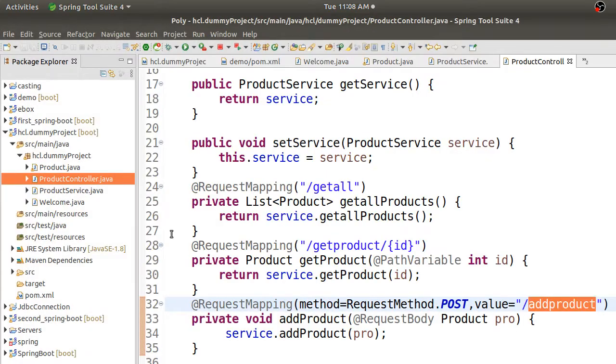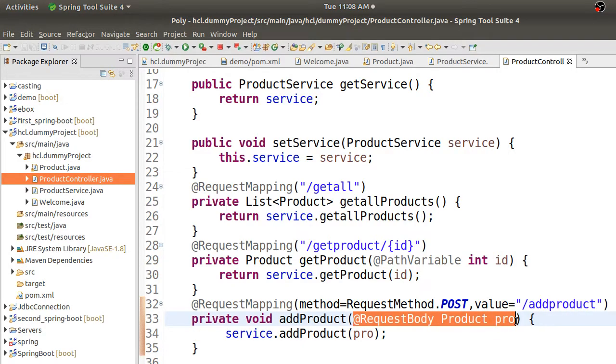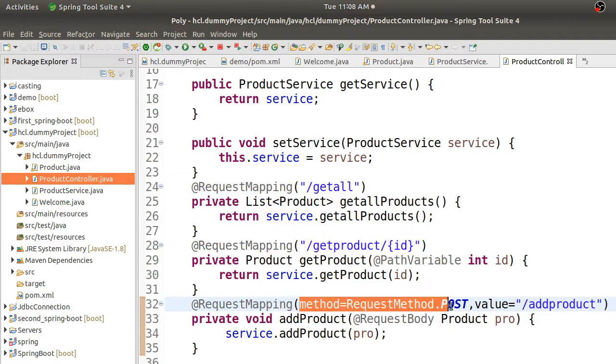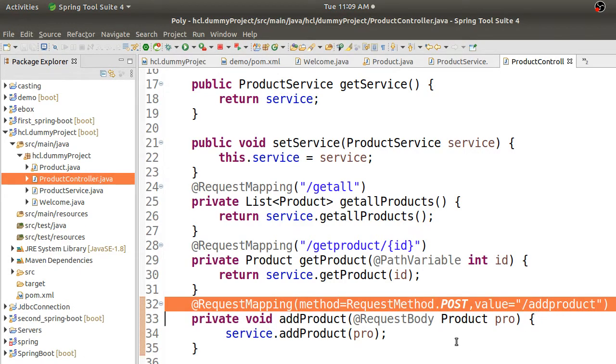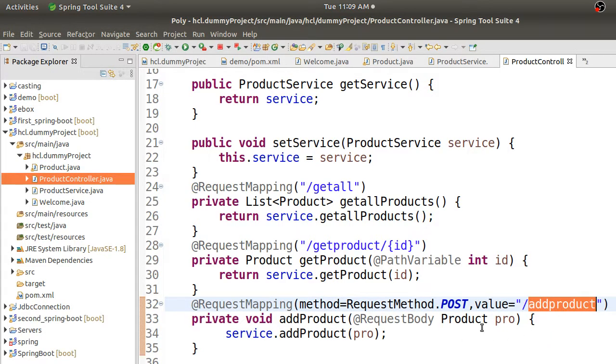So for that, what is the important annotation you need to use is your post body, where you are sending in any product details, one product detail that you are sending, right? And you also have to use this method is equal to request method dot post to do that activity, right? So I think you got this thing right. So how to do this adding any product to this details, right?